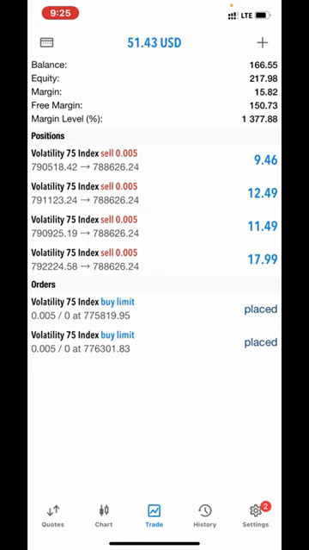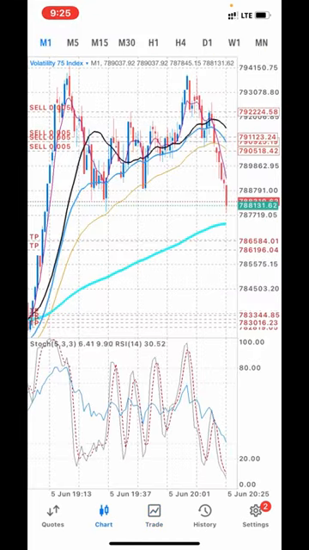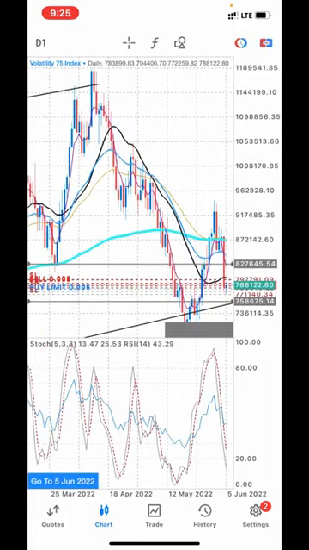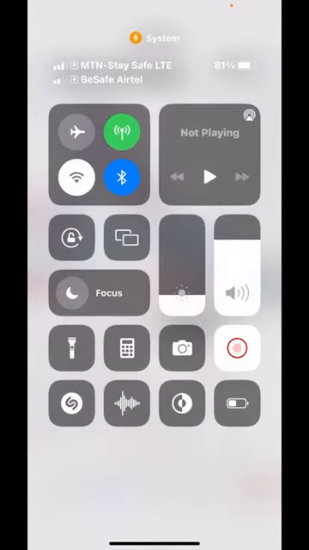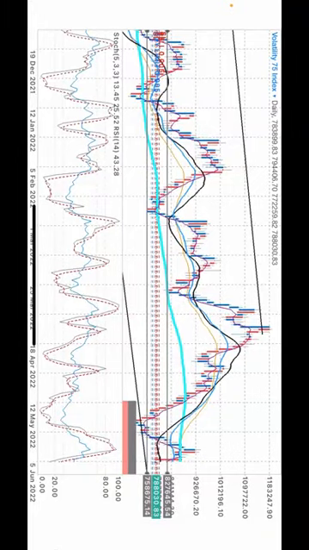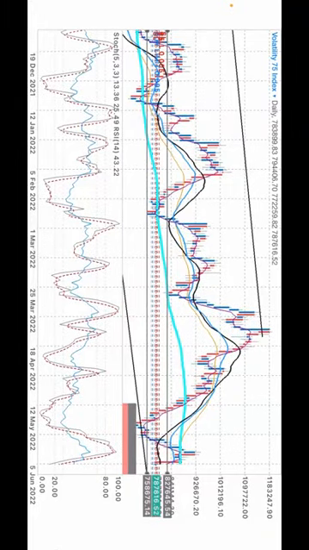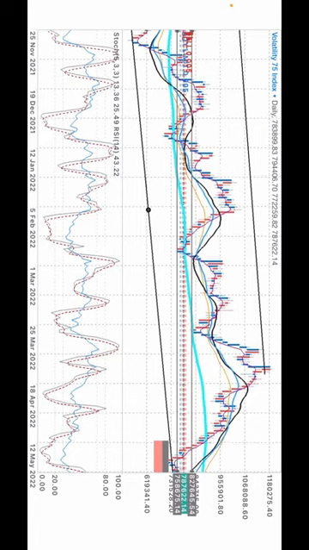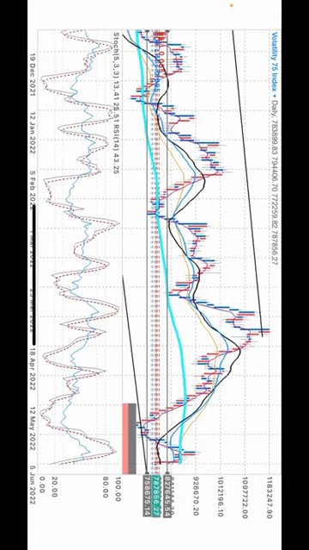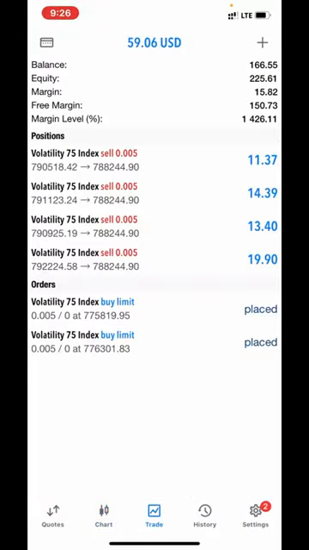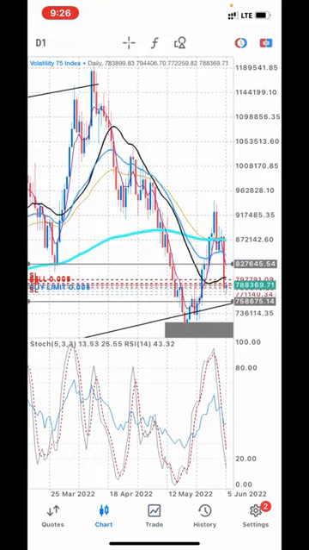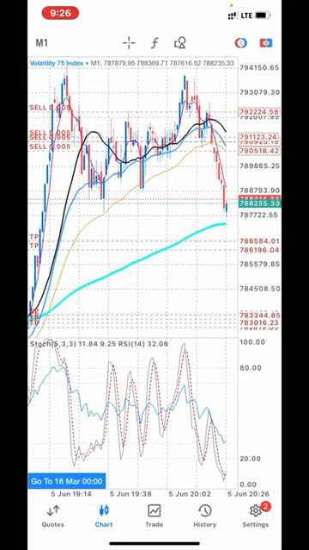Now I can close all these trades if I want to, but let me show you my charts. Let me go on a 1 day. As you can see, I've already crossed. I have done my analysis, and that is where I actually got the entry points where I've been trading so far, and everything has been going perfectly well, as you guys can see for yourself. Volatility index is so sweet. Honestly speaking, it's so sweet.